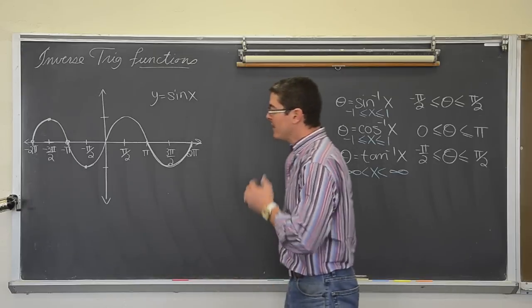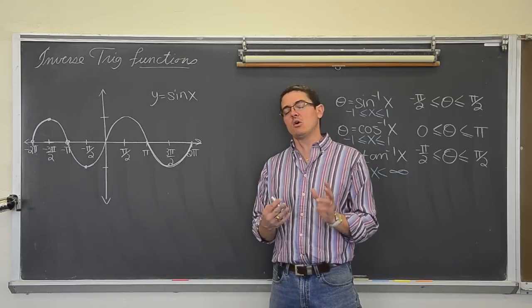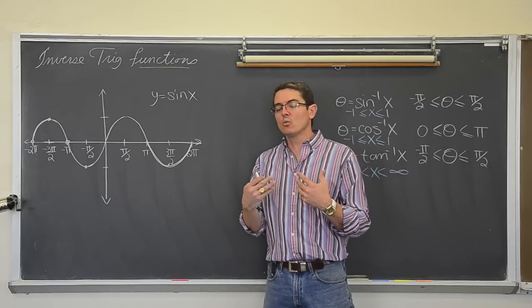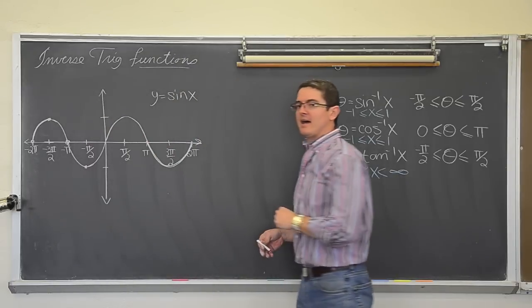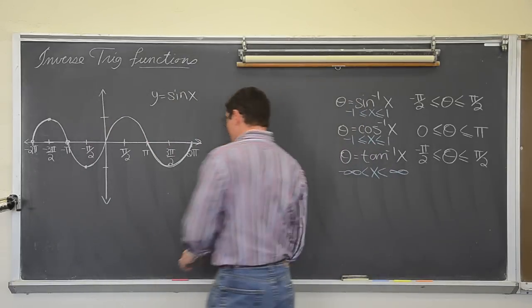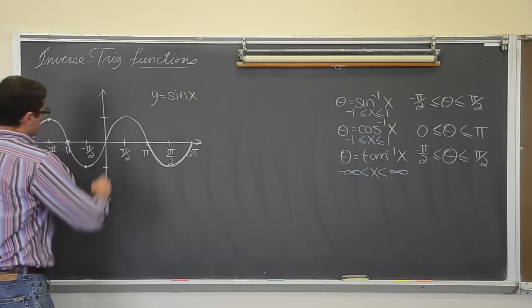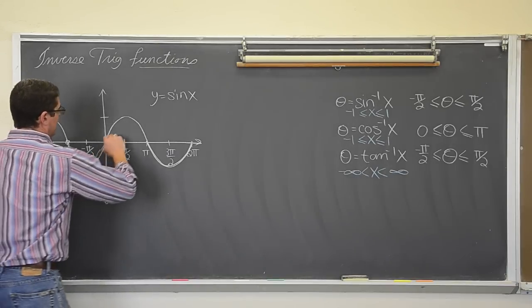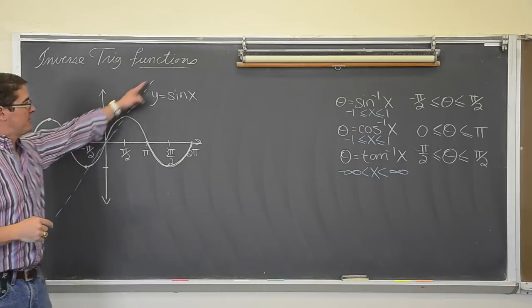Now why is that? That's because calculators and computers basically can only work with functions. They cannot work with relations, okay? So here's a graph of y equals the sine of x. We're talking about inverse functions. Now, do you remember how to graph an inverse function, or if given a graph, how to sketch the inverse function? This blue line might be a tip.